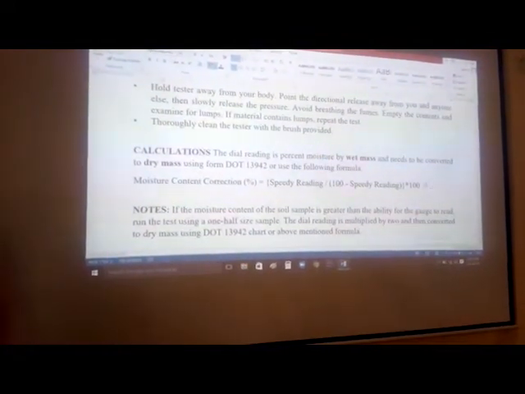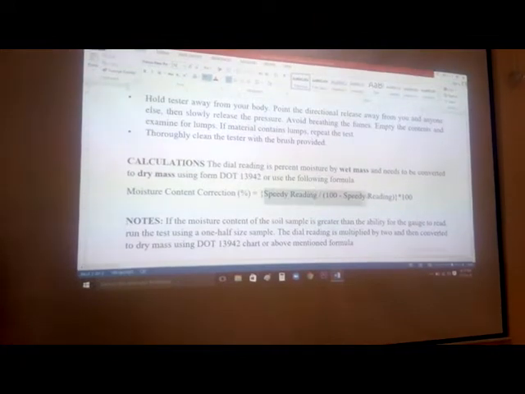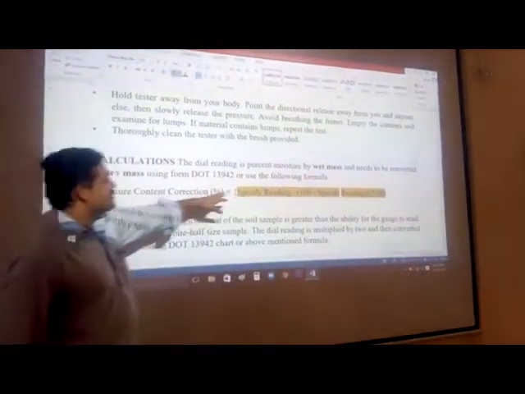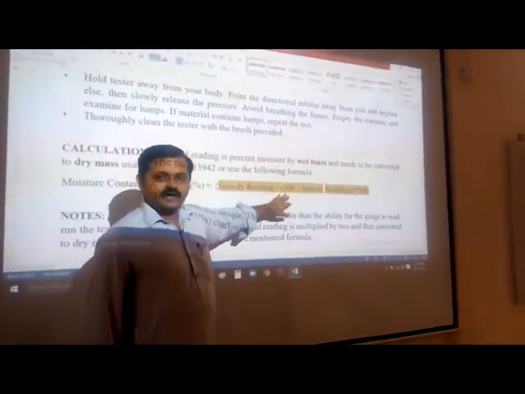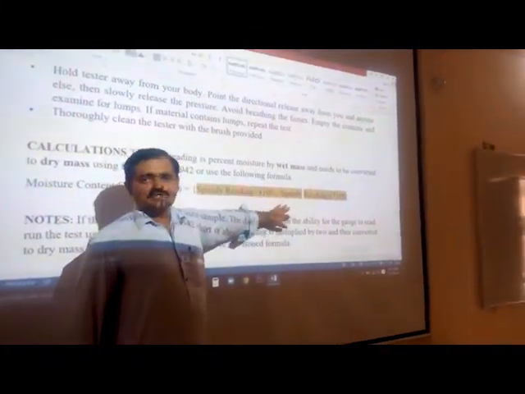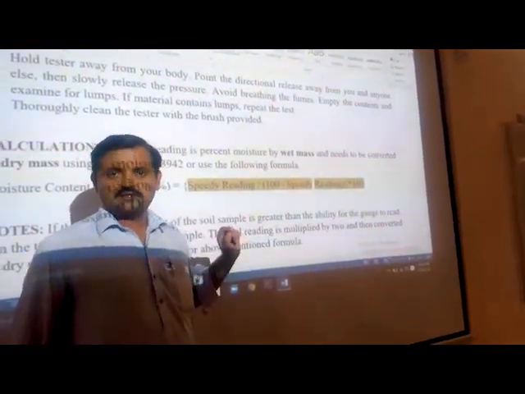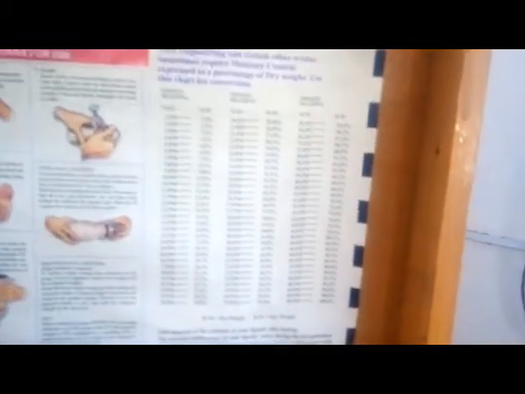With the help of this formula, speedy reading divided by 100 minus speedy reading, whole multiplied by 100, or we can use this form, dot 13942. It is not clearly visible, but this is the form that we are using for conversion of wet speedy reading